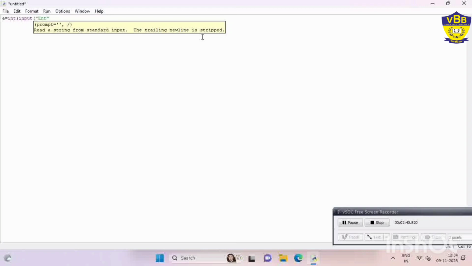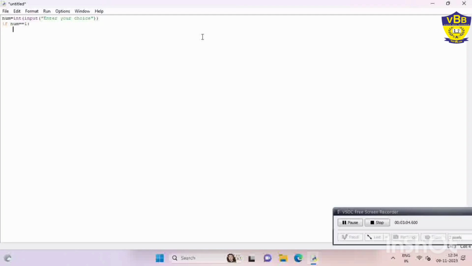So input, enter your choice. I forgot to put one more bracket there. Then, if num is equal to 1, colon, print